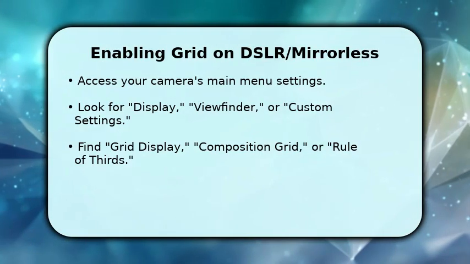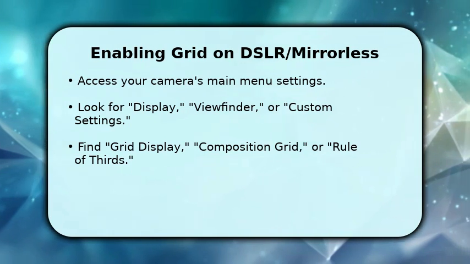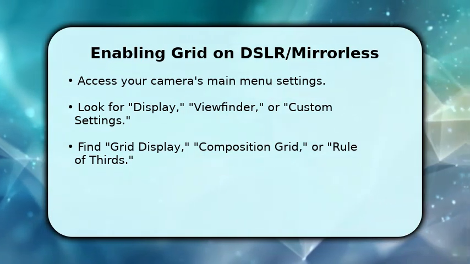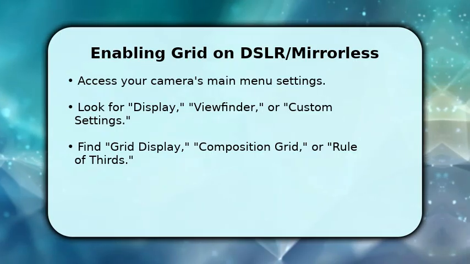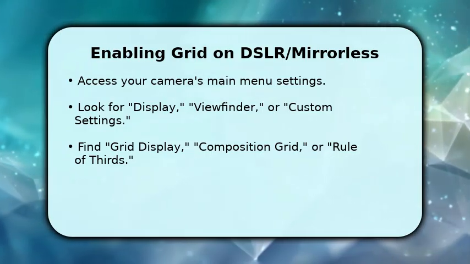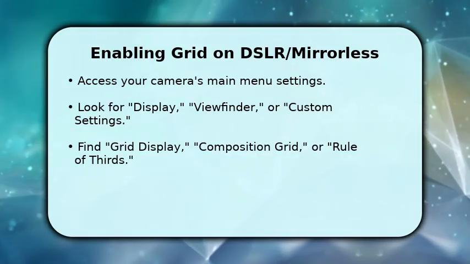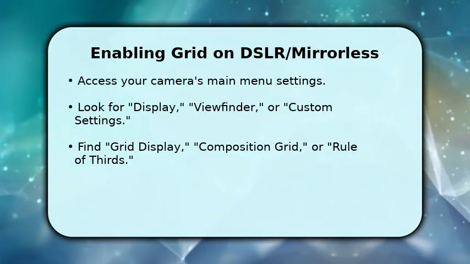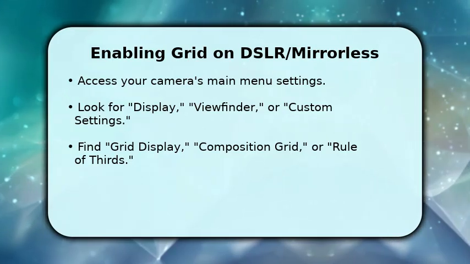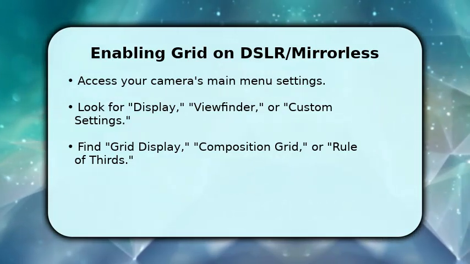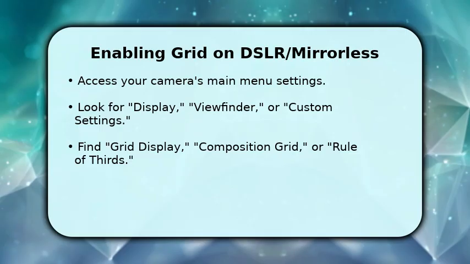For DSLR and mirrorless cameras, begin by navigating to your camera's main menu. You'll typically find the grid option under Display Settings, Viewfinder Options, or Custom Functions. Look for terms like Grid Display, Composition Grid, or Rule of Thirds. Once located, simply select your desired grid pattern, commonly a 3x3 overlay, to activate it on your screen or in